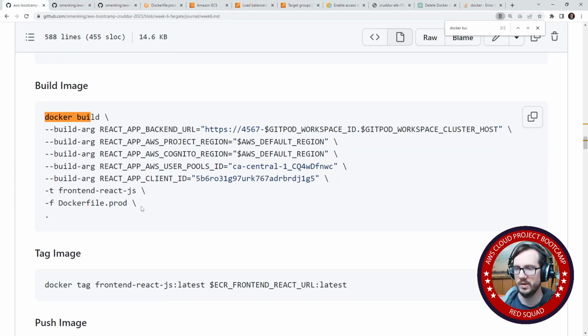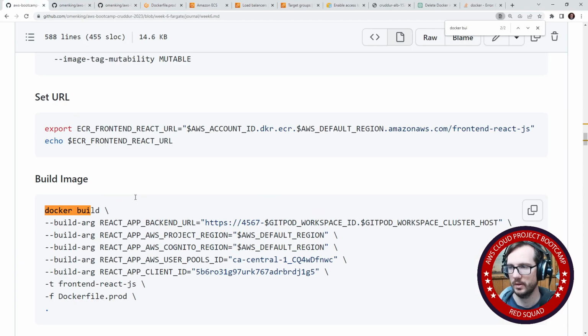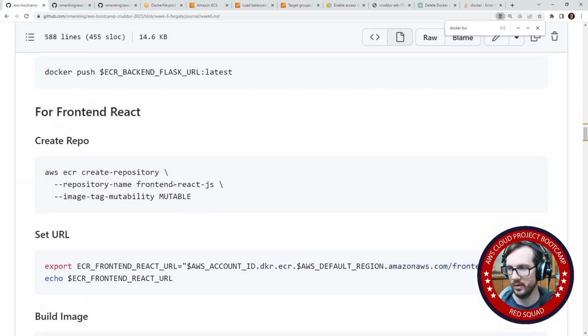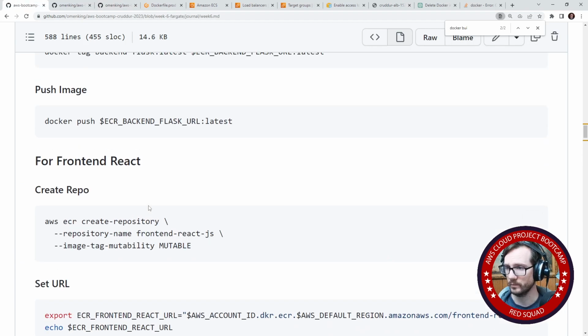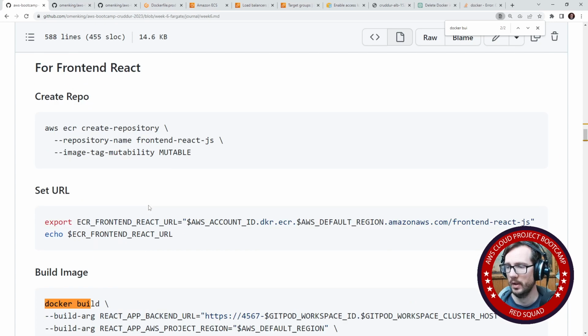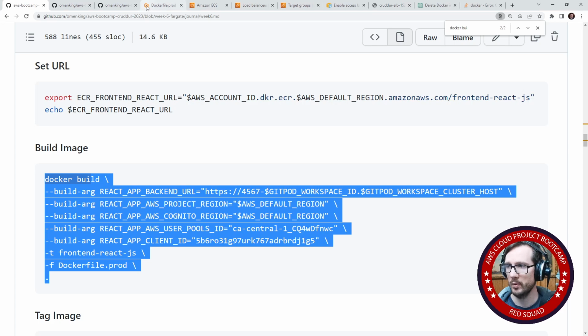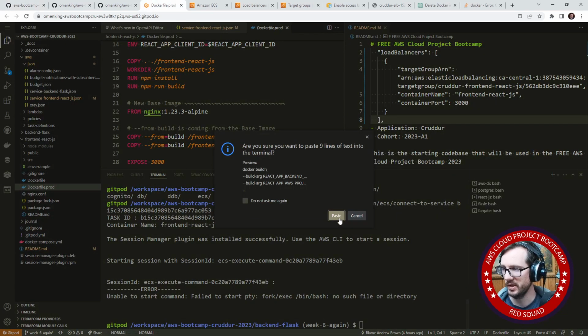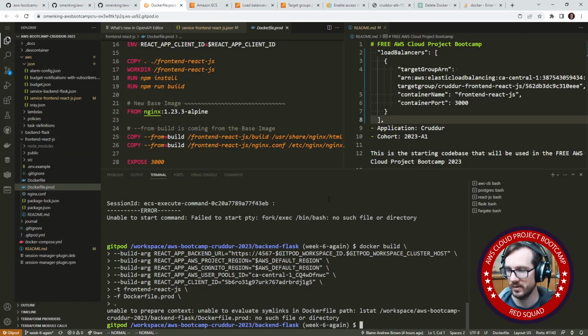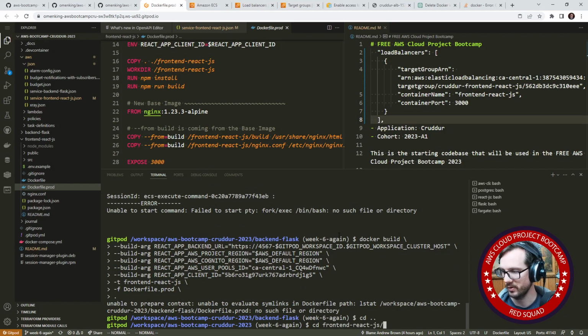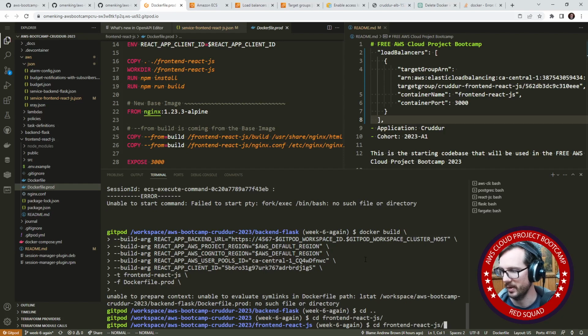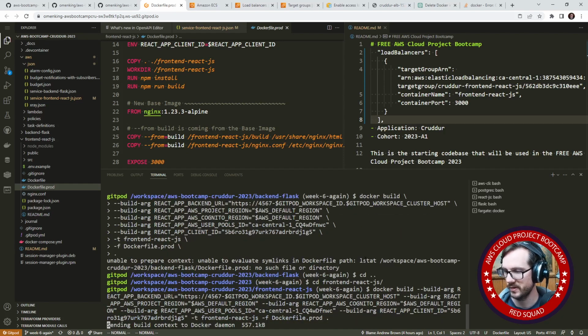is, well, I do need to build the image. So I'm going to build it locally again. I'm not going to push it, but I'll go ahead and build it again locally. And then we'll run it locally, and then we'll take a look and see what that inspect gives us. So here I'm just in the wrong directory, so we'll go into front-end React. I'll hit up again, see if it'll take the whole thing. It does. And so this is going to build it out, and so I'll see you back here when it's